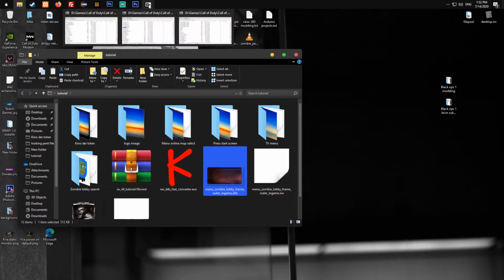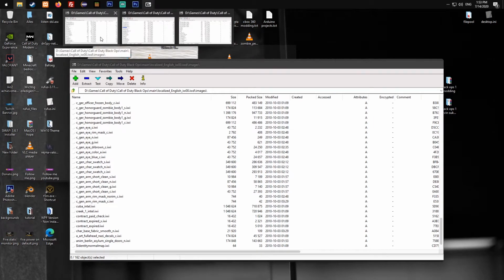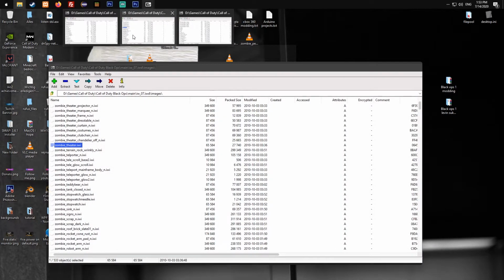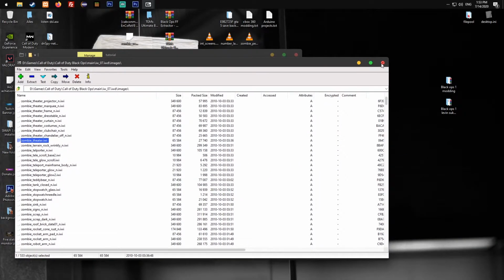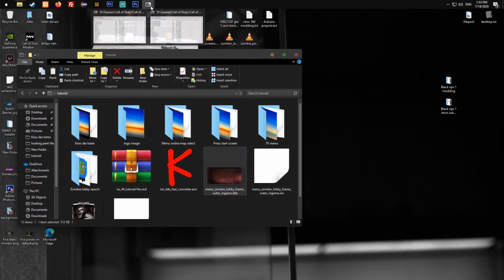And the next one would be in IW7. This is a little picture you see when you select a map in solo, or if you search for a map online. So for Toten, it would be zombie underscore theater. You just drag it out, convert it with the converter, and I changed it with